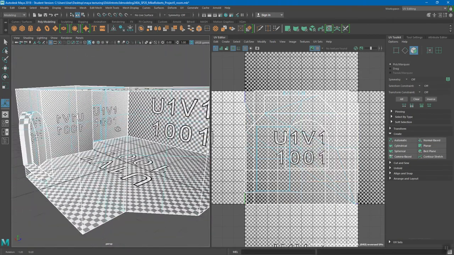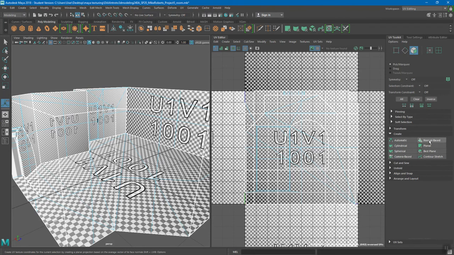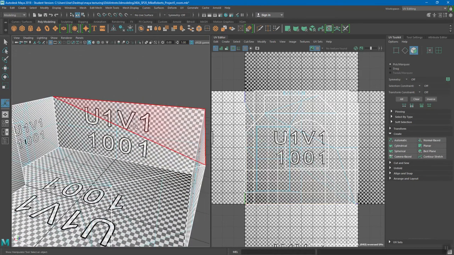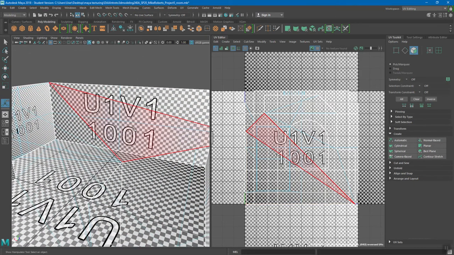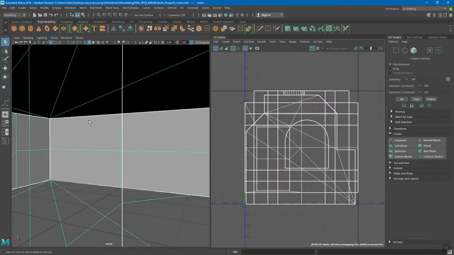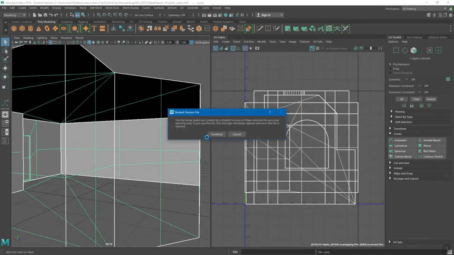So that is the room using planar and its cooler cousin, if you will, normal based, because they're both basically planar projection types. And remember, planar projection types are really just rectangle projections, like think of posters or bumper stickers and stuff like that. So in this case, I can turn that off, and I'm going to save this scene really quick